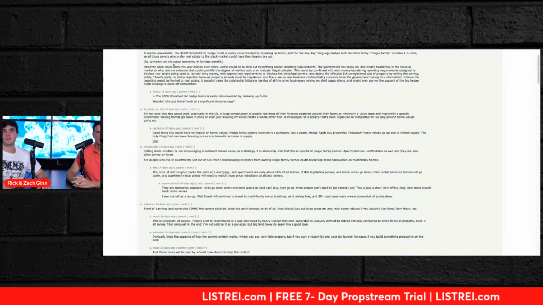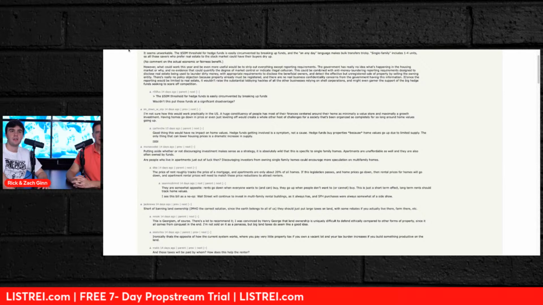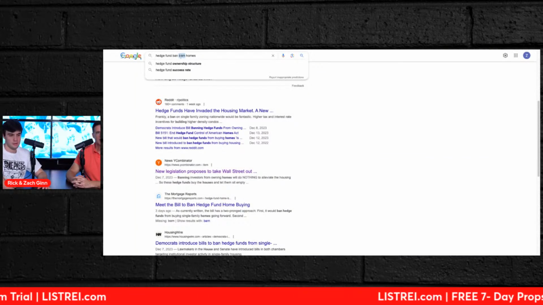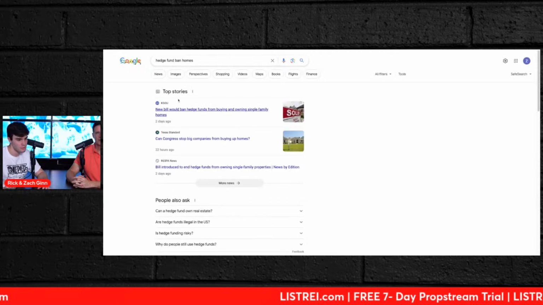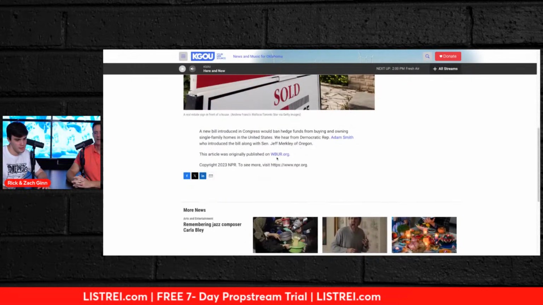It seems unworkable. The 50 million threshold for hedge funds is by breaking up funds. So I think it's stopping people from buying up to 50 million. Well, it's a part of it. They have to divest their investments over a 10-year period. Yeah, and so basically saying